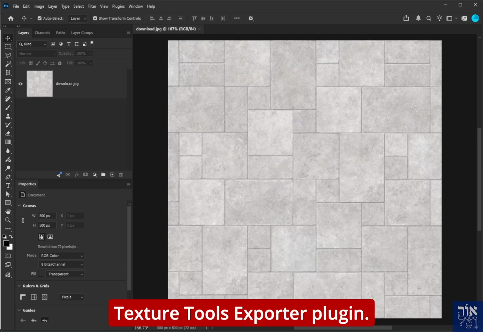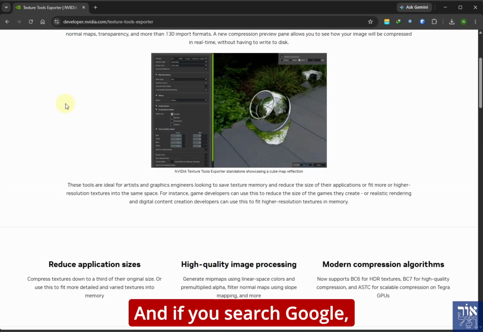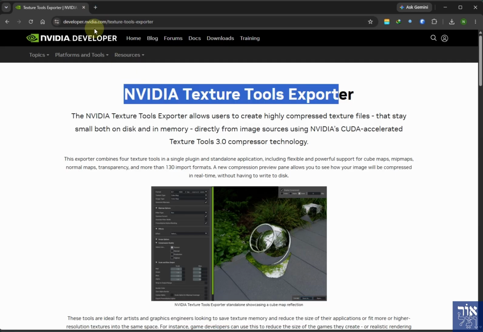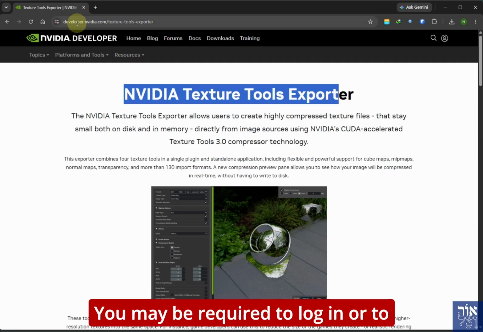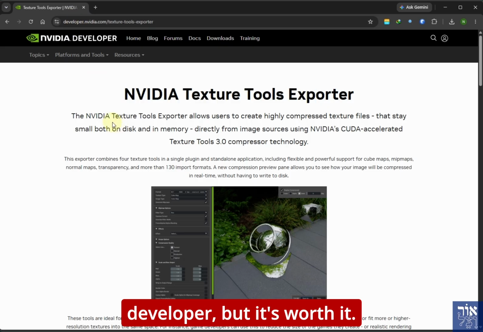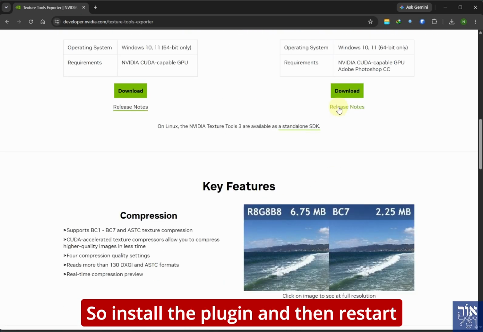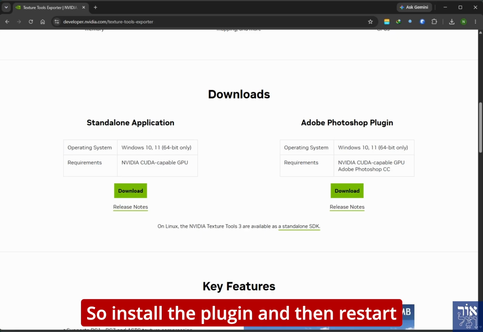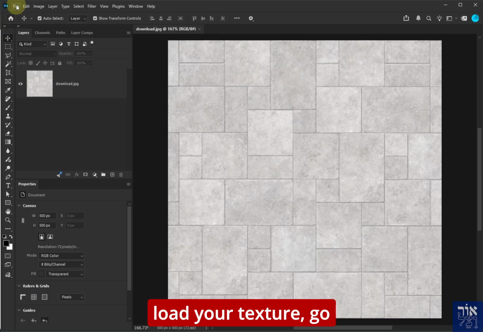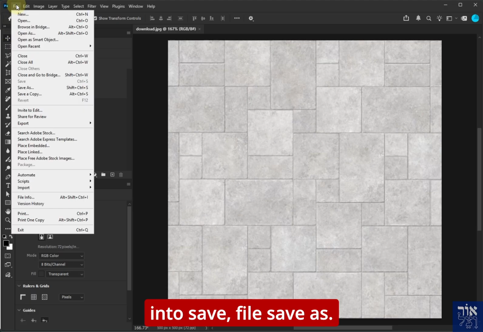nVidia's Texture Tools Exporter plugin. And if you search Google, you'll get into this link. You may be required to log in or to create an account as a developer, but it's worth it. So install the plugin and then restart Photoshop, go back into Photoshop, load your texture, go into Save, Files, Save